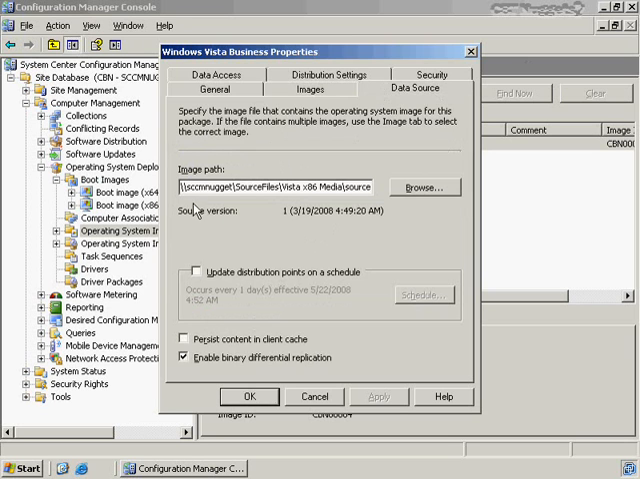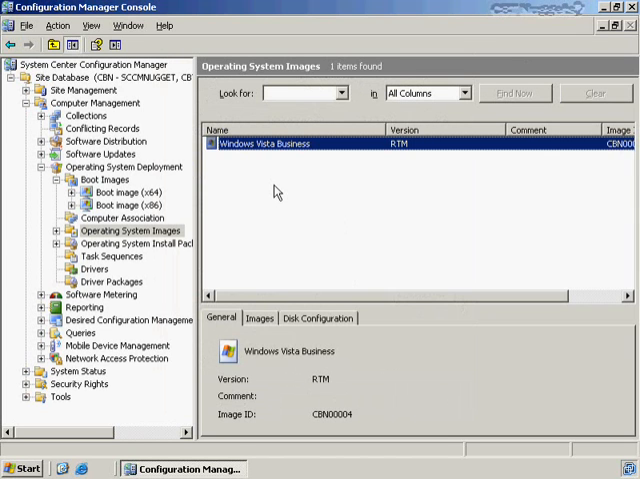Under data source, it's the same thing. Where are we actually storing this location? I'm storing it under the source files, Windows Vista x86 media sources location. The other stuff is essentially the same as it was before. So this is the actual media, the actual bits and bytes that we would use to install Windows Vista Business